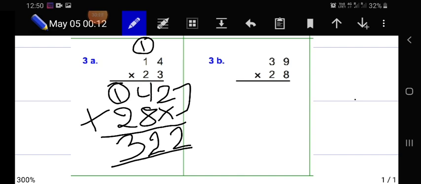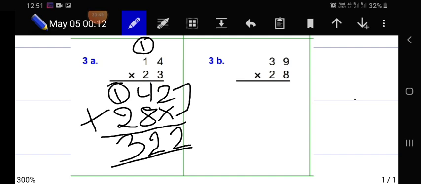Okay. And there is a B part also. 39 multiplied by 28. That means you have to do it yourself. Okay. More practice, more effort, and more fruit. So no pain, no gain. So you need to work very hard, and you need to do very much practice. Okay, so for understanding this multiplication, the more you practice, you will be easily able to solve these sums.